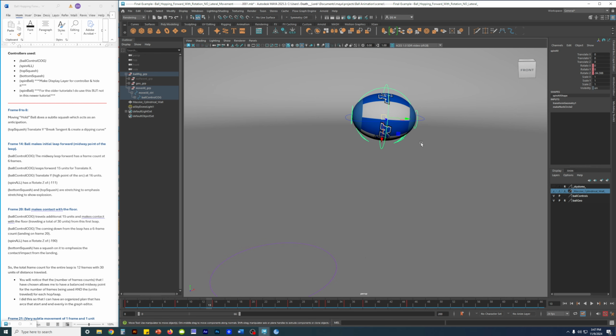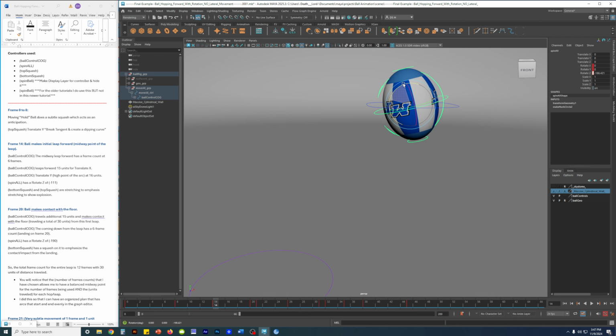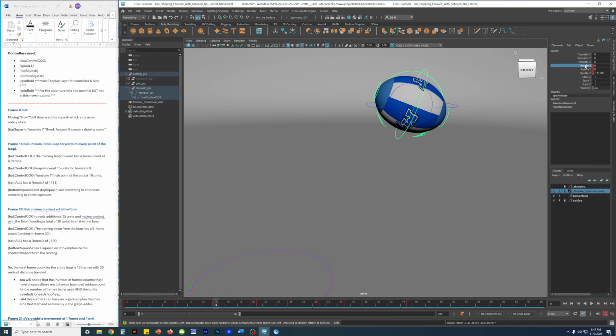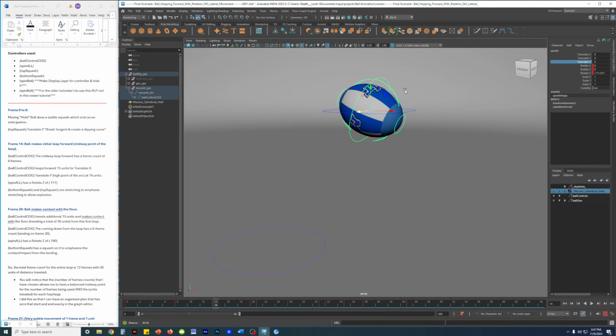And you will notice that I only animate the rotate Z. The rotate Z is basically this. See how it's changing the numerical value? That is in that specific axis. Do not animate in these other axes, right? The only way you end up animating in these other axes is if you